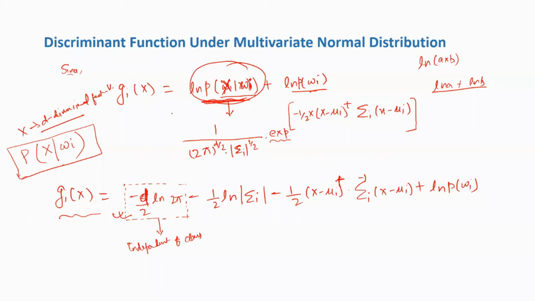Now this feature vector x is not a single variable. It has a lot of other variables, a lot of features. That's why I'm saying this x belongs to a d-dimensional feature space. And in that case, we have to maximize this probability that this x will belong to some class omega i